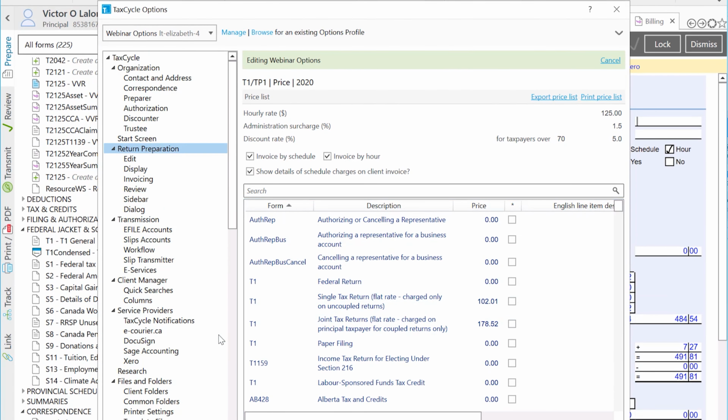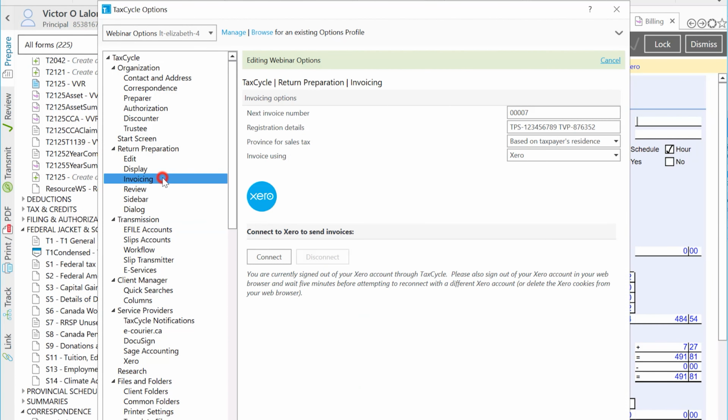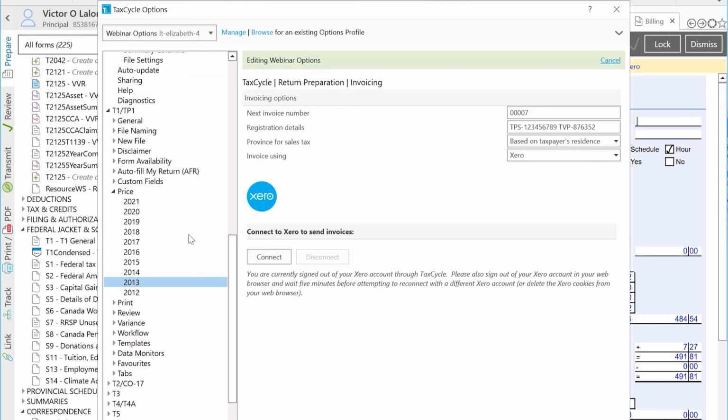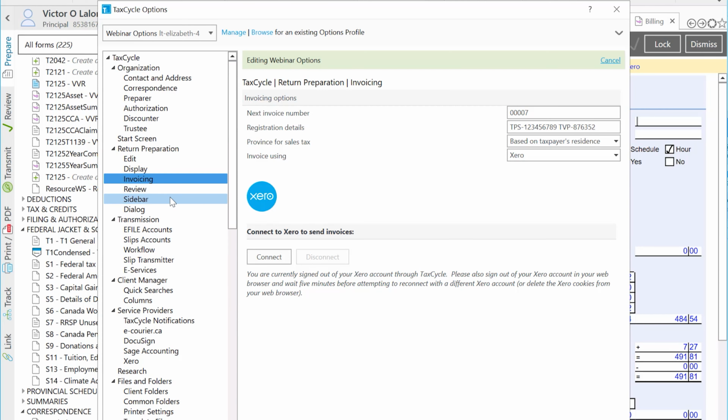Also in options, you need to go up to the invoicing page, and this applies to all returns. I should say that first off, the price you can set by year and by return type. So you can be quite detailed in how you want to do it. So you can set for T2 or for T1 and be quite specific. Now, if you go up to the invoicing options, this applies to everybody's returns. So whether they're T1 or T2, and I mean, this is your invoice number. This is where you set your